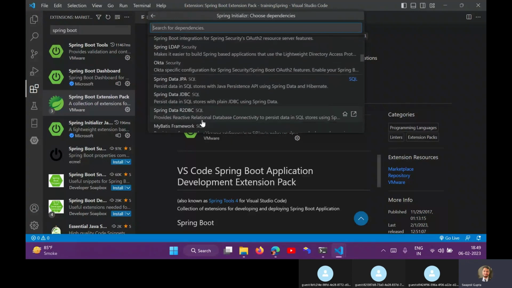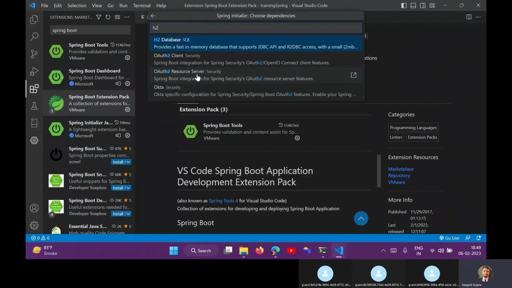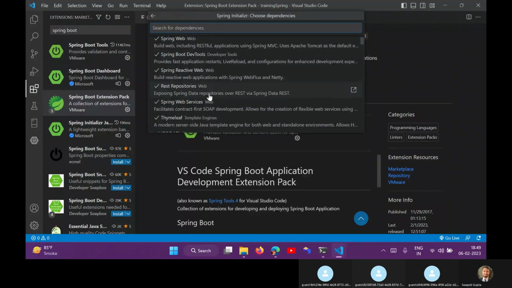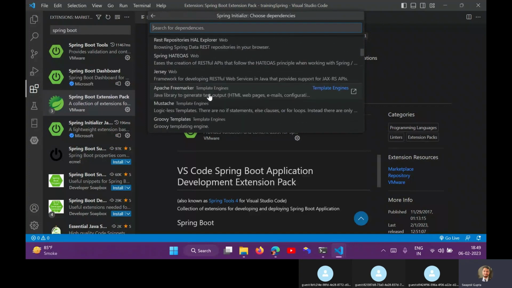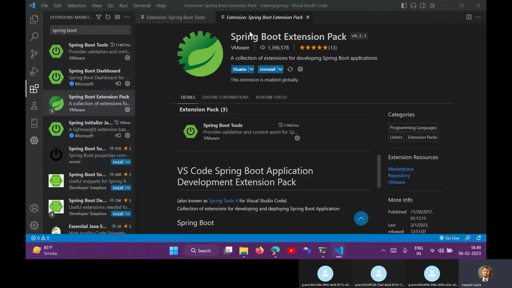You have to go one by one and pick what things you need. A few things are basic that you must take. Just get started with that. Once you choose all the dependencies, press enter.